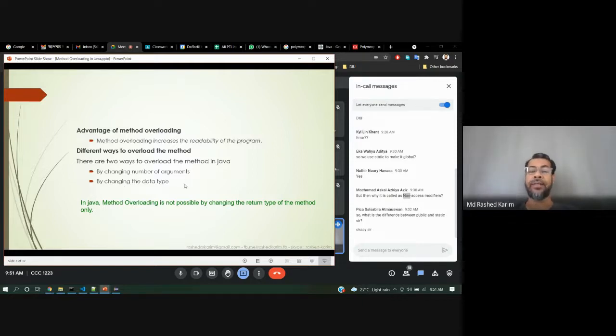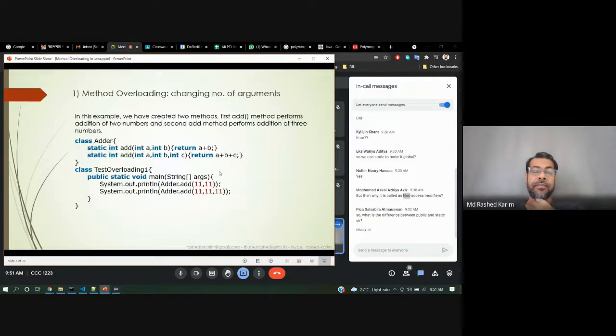These are the two ways you can differentiate the method: the same name, but a difference in the number of arguments or the type of arguments. So this is the add method with 2 parameters, and this is another add method with 3 parameters. This is called method overloading.